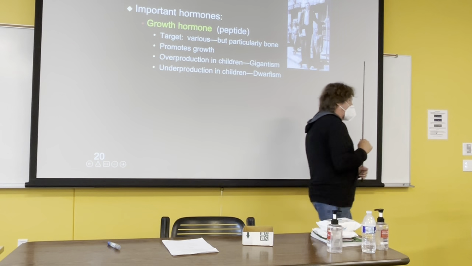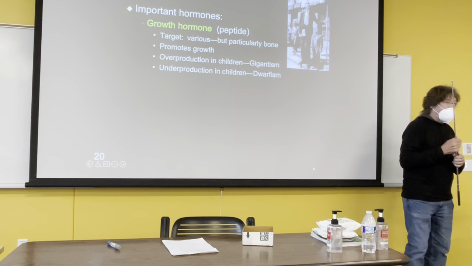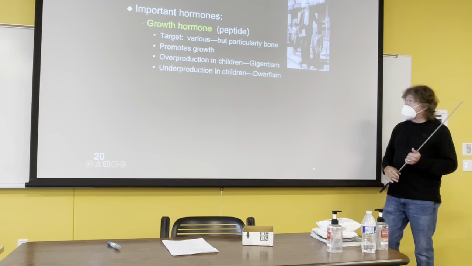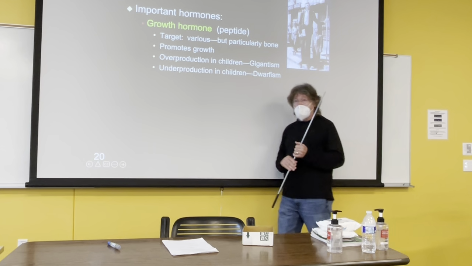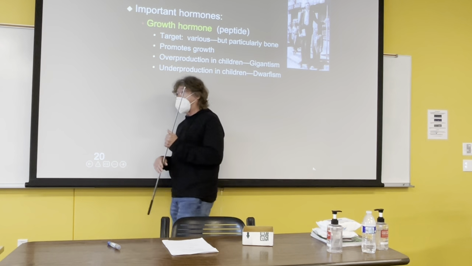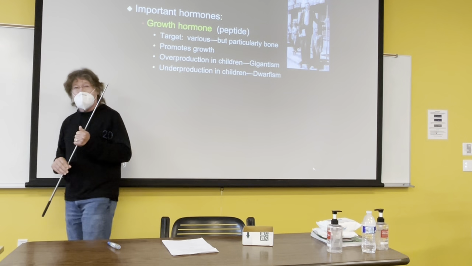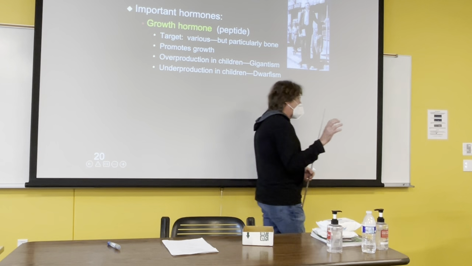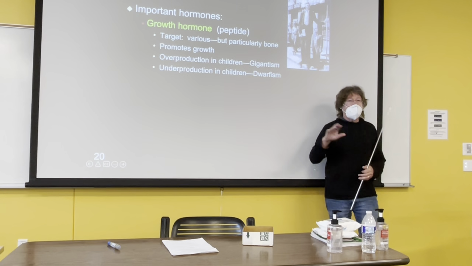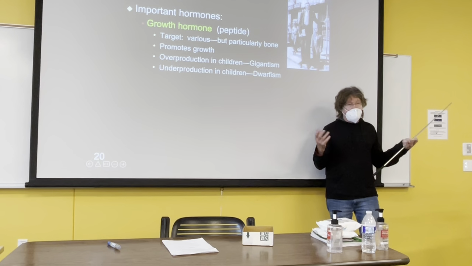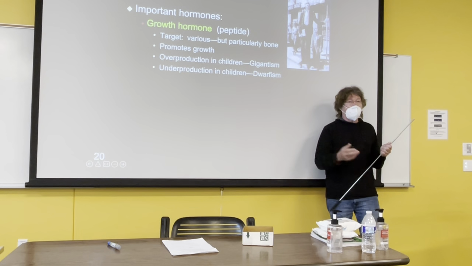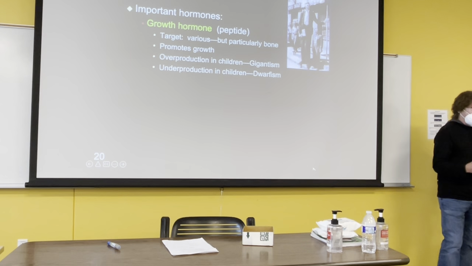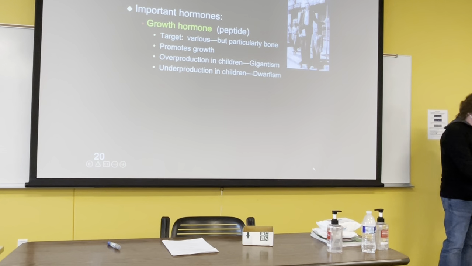This could be corrected for if the problem is caught early enough in childhood these days, because human growth hormone can be produced by recombinant DNA technology. And so medicines have been produced like this. Now, what do I mean by that? Take the gene for growth hormone, splice it into bacteria, mass grow the bacteria, and the bacteria produce the growth hormone, and it's human growth hormone. And so injections can be given, and they'll grow normally, okay?